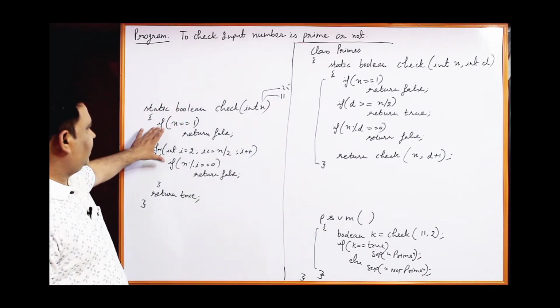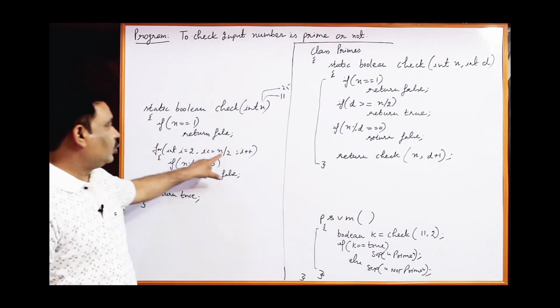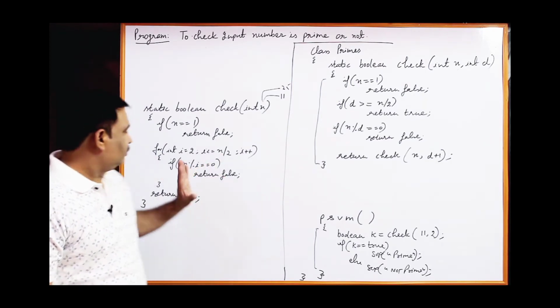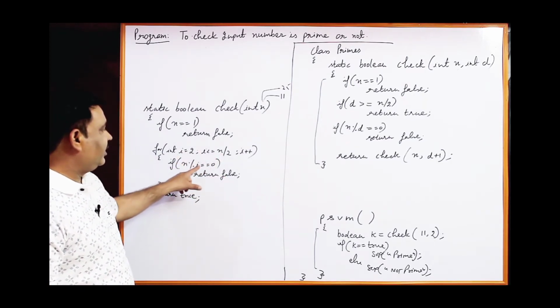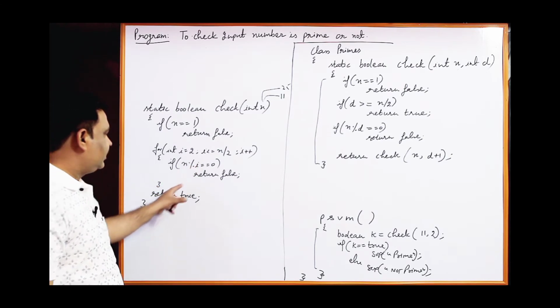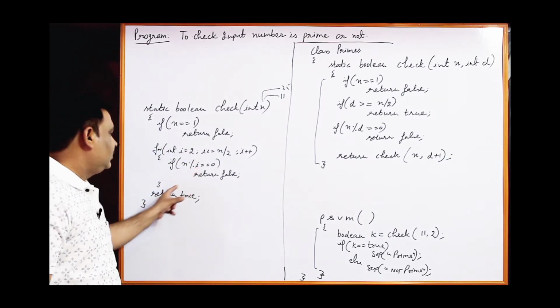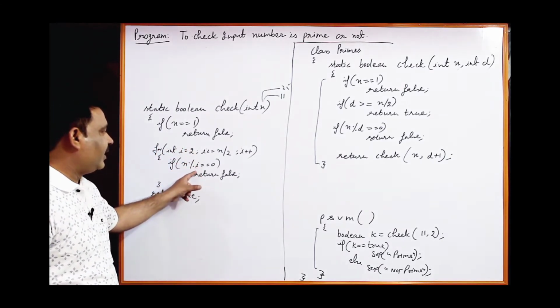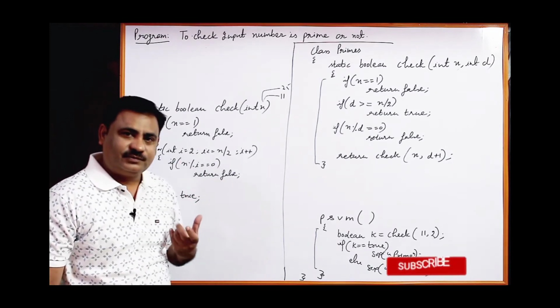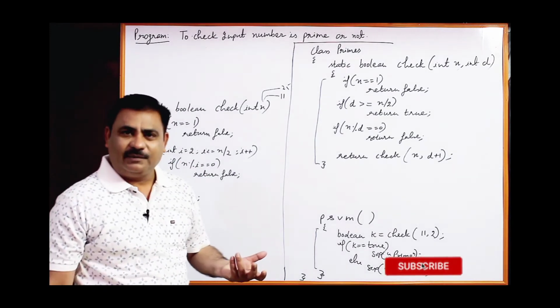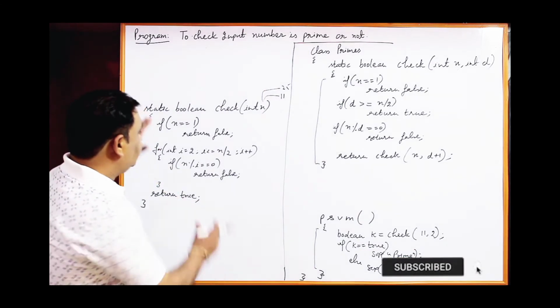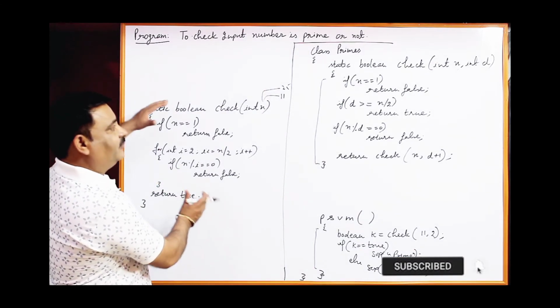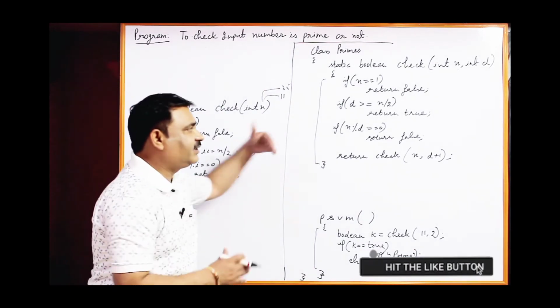First condition is false, loop is from 2 to 12, 25 upon 2. 25 is not divided by 2, not divided by 3, not divided by 4, but divided by 5 and it will return false. 25 is not a prime number. Now this is non-recursive. Same program we will make with the help of recursive technique.